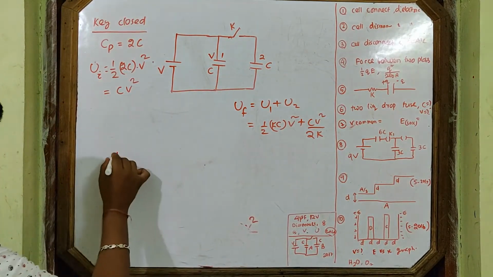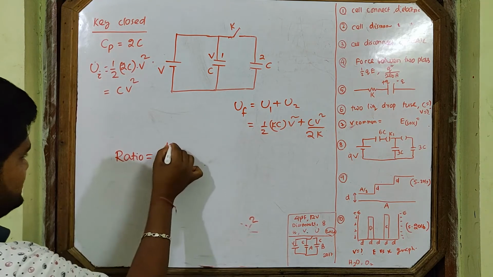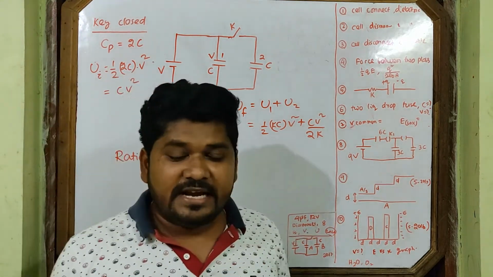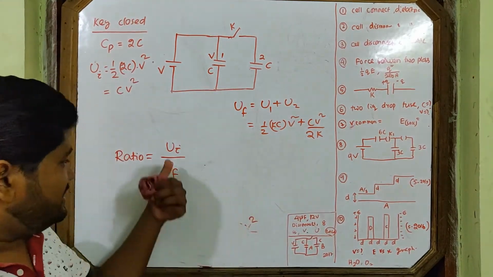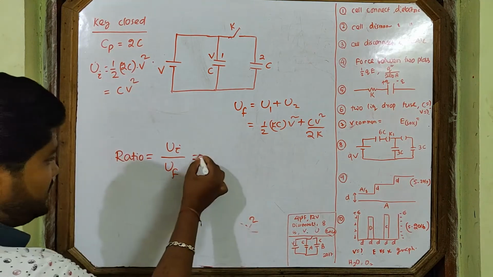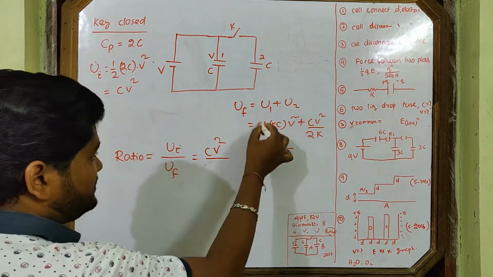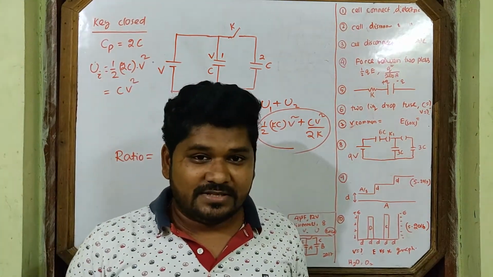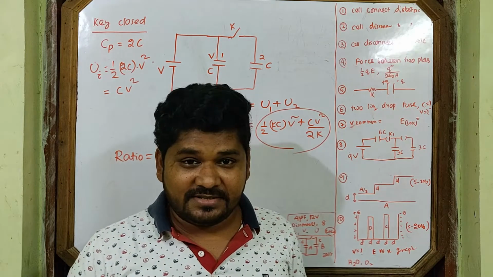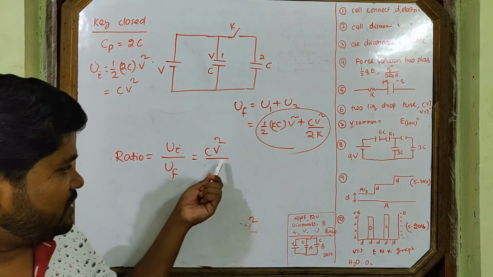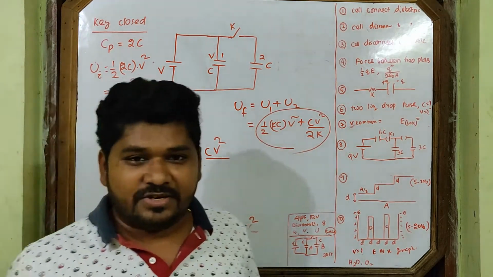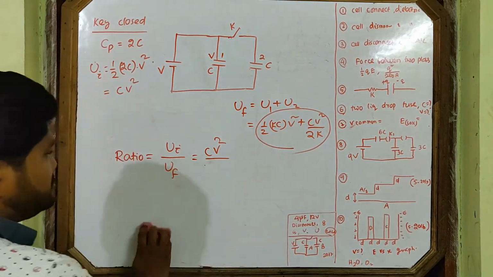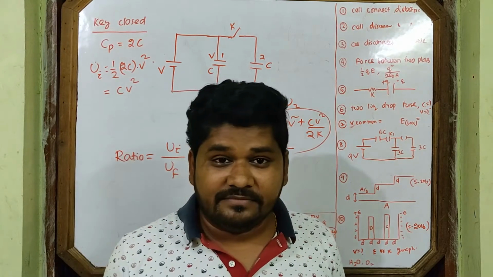The ratio of the energy. What is the ratio? Initial divided by final. Initial energy you have here, CV square. Final energy you have here. We will put it here, and the rest of the calculation is yours because I did the physics. You have to do only two-step mathematics. CV square will be cancelled from all. Then you will get your answer automatically. No problem. You will get one easy answer. So this is the question that came in the 2017 board exam.